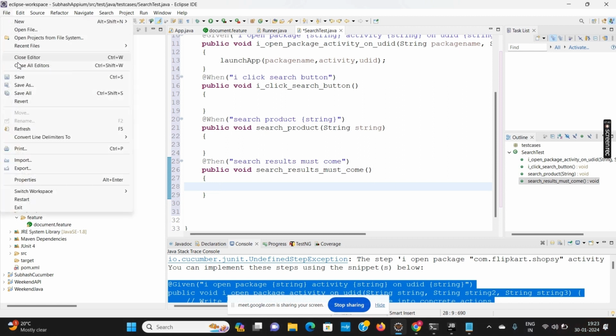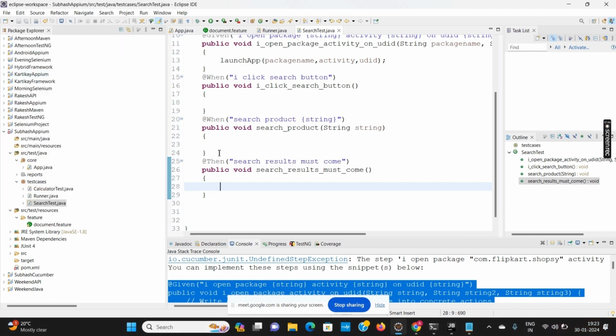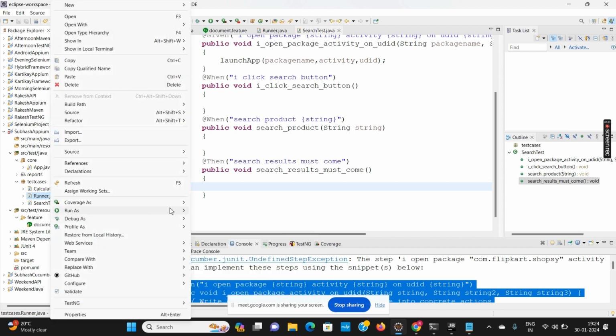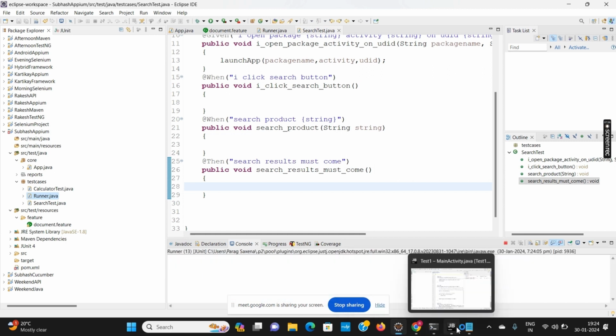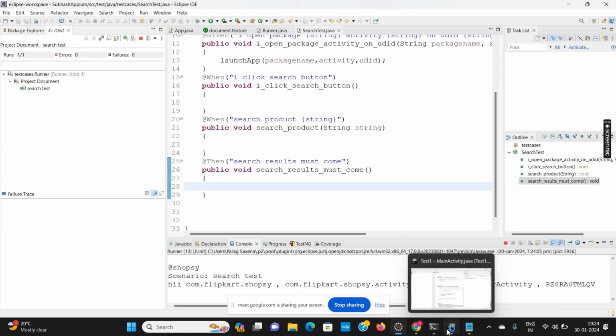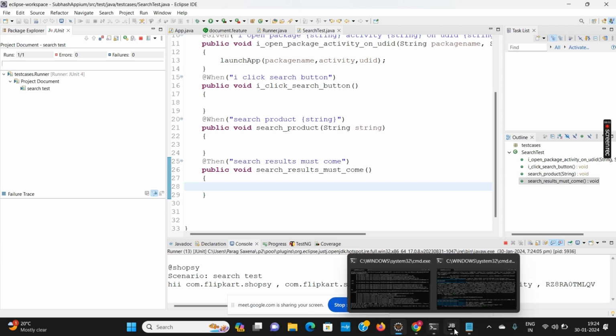Again, run it. So now again, I run the runner class. So it should launch. Where has it gone?